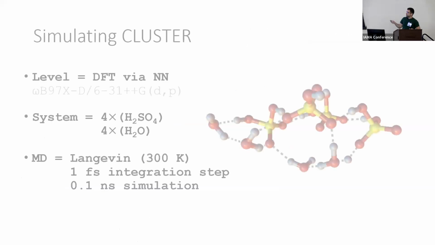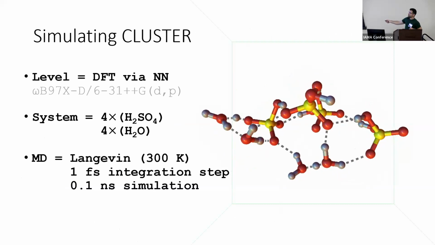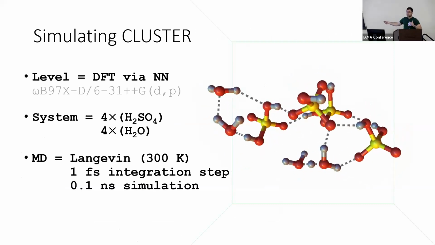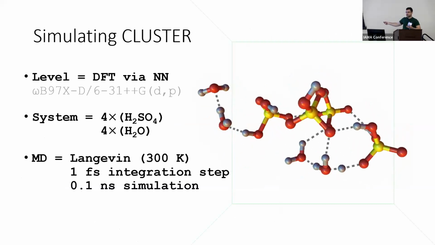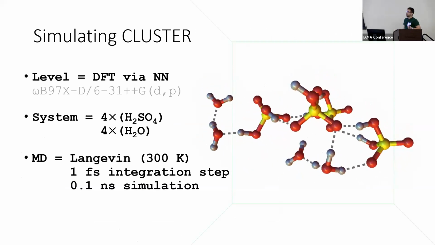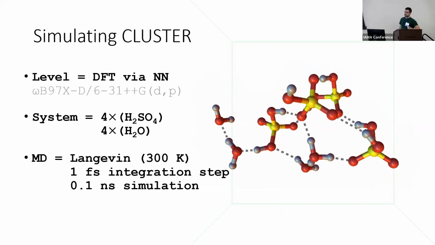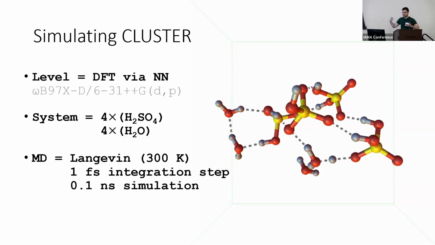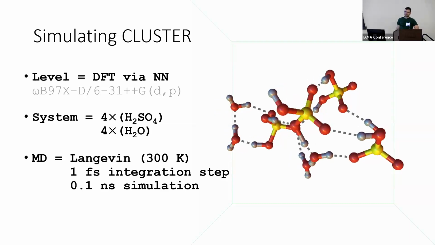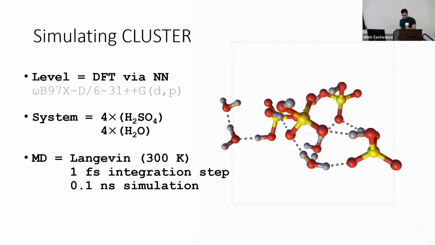But in our model, so this is the sulfuric acid water, you can see that we have this proton transfer occurring, basically quite well described by the neural network model we are using. I guess it also could depend slightly on the molecular representation which you are using, but that would be a bit longer discussion. Okay, I'm being told that's all the time we have, so let's move on to the next one.